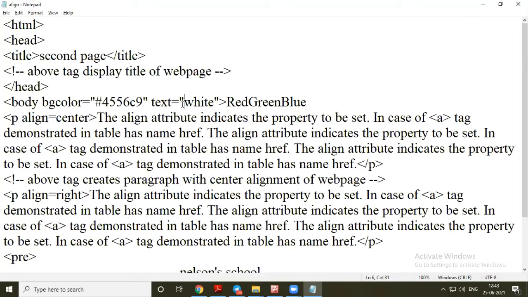So it will come in white color. Okay. So in body, which two attributes have we used? BG color first to give the background, and then text, to give white color to our text.